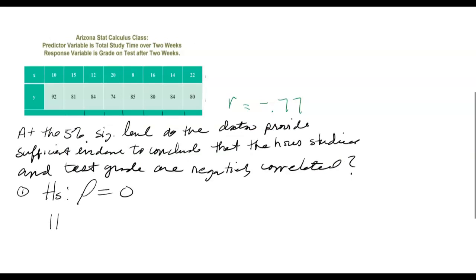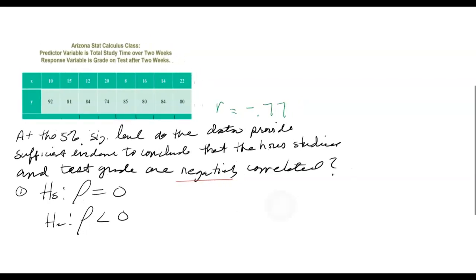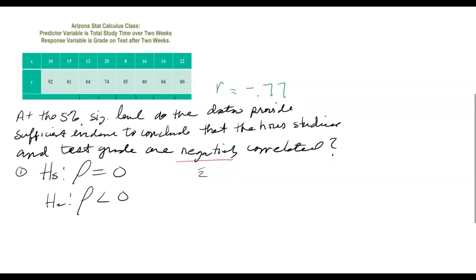Now, for H sub A, you have to read, I am asking for a negative correlation. So because of that, we can state rho is less than 0. Okay? To get our information that we need, which is step 2, we first need to know our test statistic